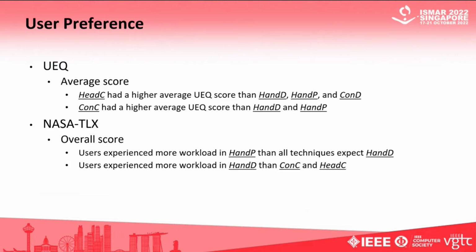Regarding user preference, we only report the average significance results here. For subscales, please refer to our paper. For UEQ, the average score, we found head click had a higher average score than hand dwell, hand pinch, and controller dwell. We found controller click had a higher average UEQ score than hand dwell and hand